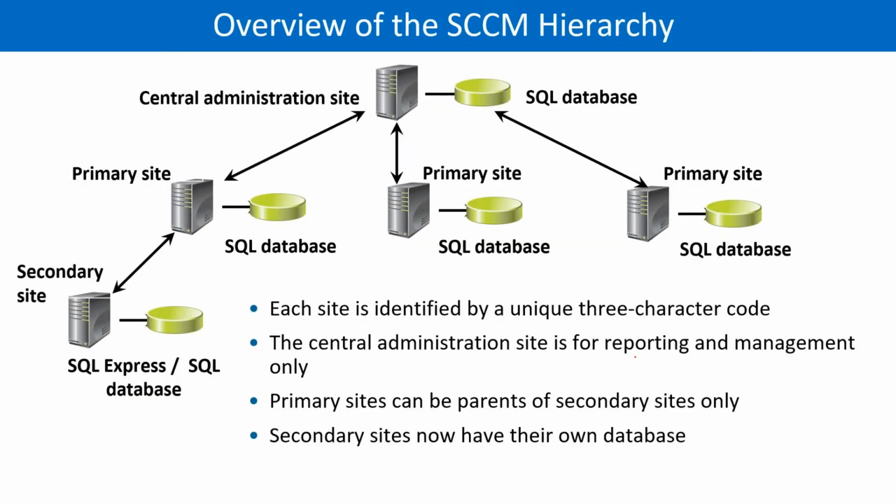Now all the sites have a database. From tomorrow we will deep dive and understand all these things in great detail, but not now. So secondary has a database, primary has a database, and central has a database. So how does the data replication happen? From downward to upward. The secondary database will be replicated in primary, and primary will be replicated here in central. That is how the replication happens. So when we go in the training, I will show you how the replication works.